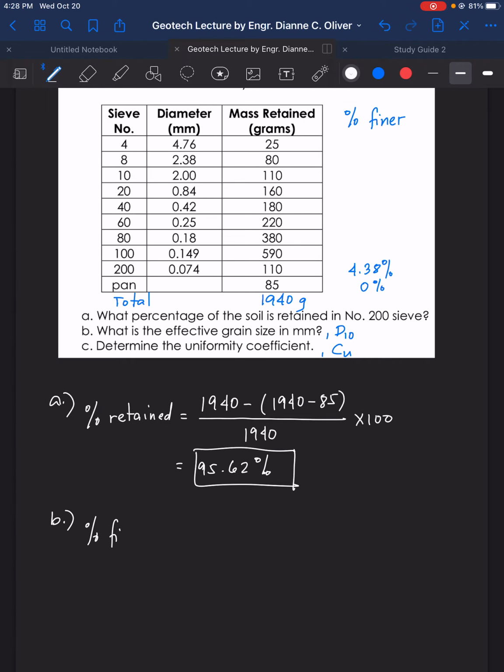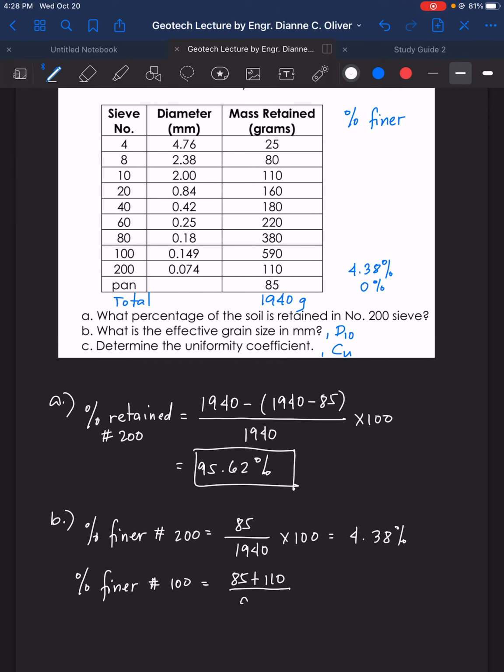So, percent finer for number 200, we have here 85. So, we have 85 over 1940 times 100 equals 4.38%. Percent finer for number 100 is equal to 85 plus 110 over 1940 times 100, and that is equal to